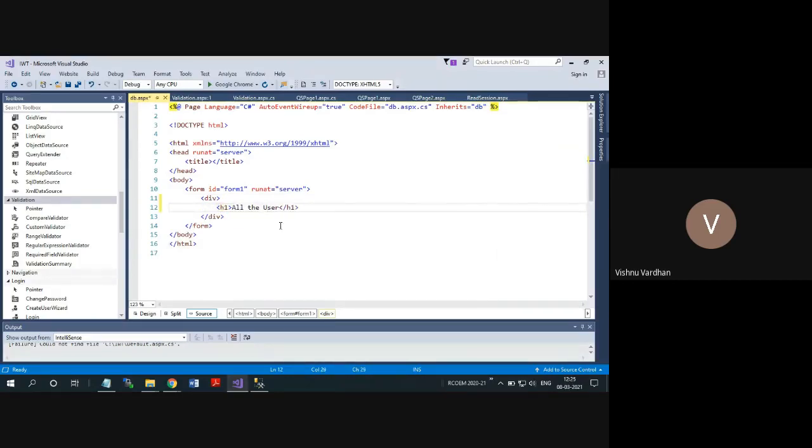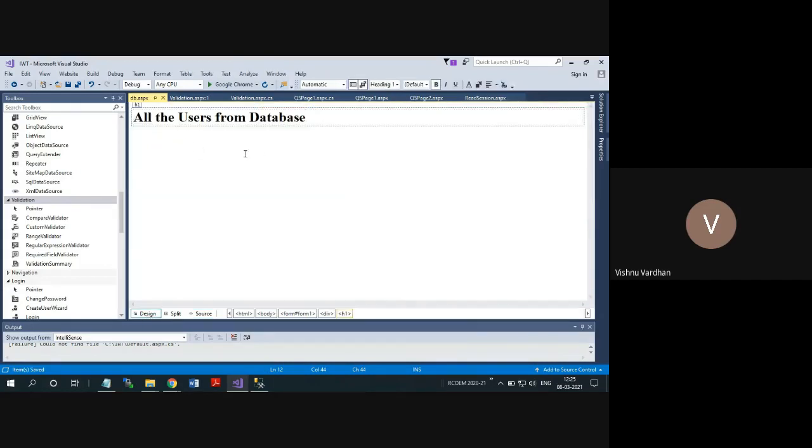Anything that you would like to show your end users, we will have our data visible from the ADO.NET connectivity by using ASP.NET. This is what our practical is going to have today.